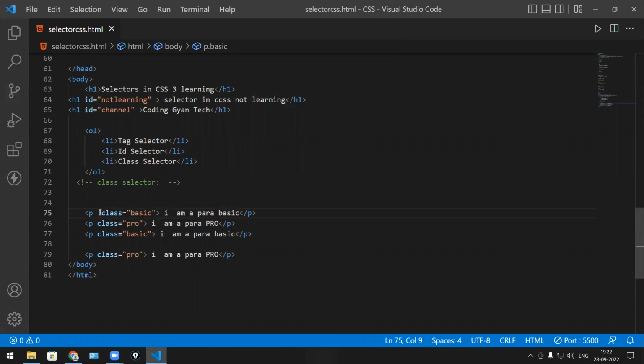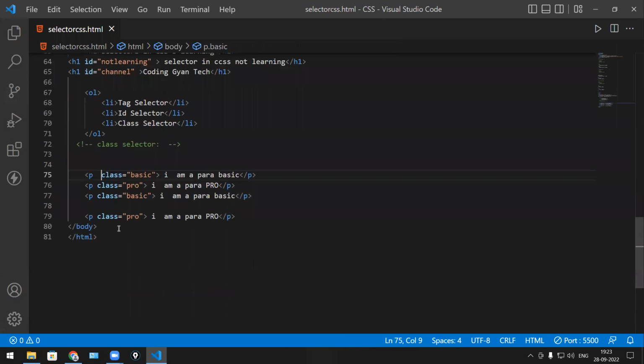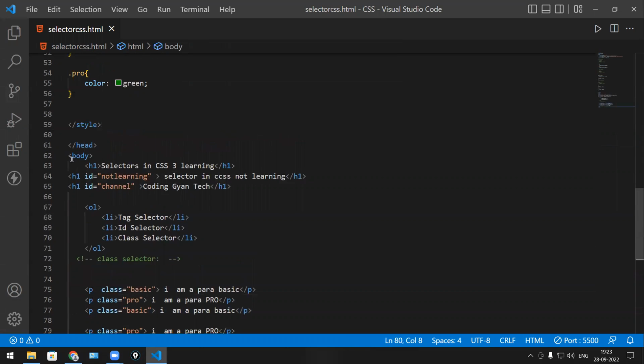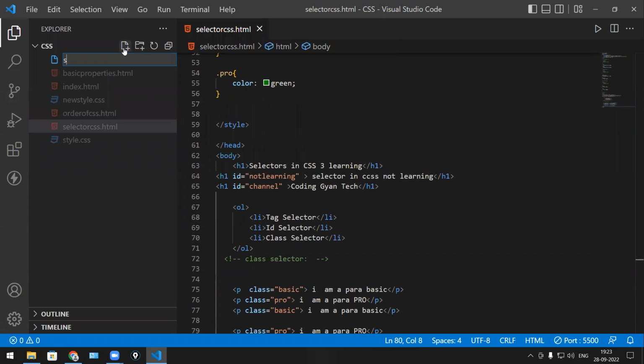HTML, although it will not give errors, logically it's not correct. So that's why we separate with the ID and classes. Let me give a basic example. We'll try to replicate this student example. Let us make a new file here. We'll make a student